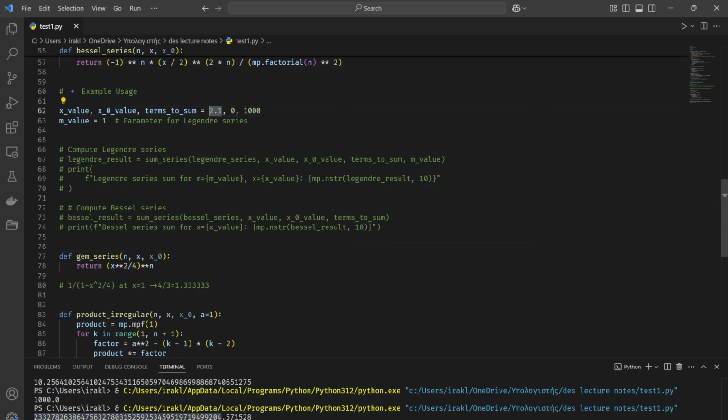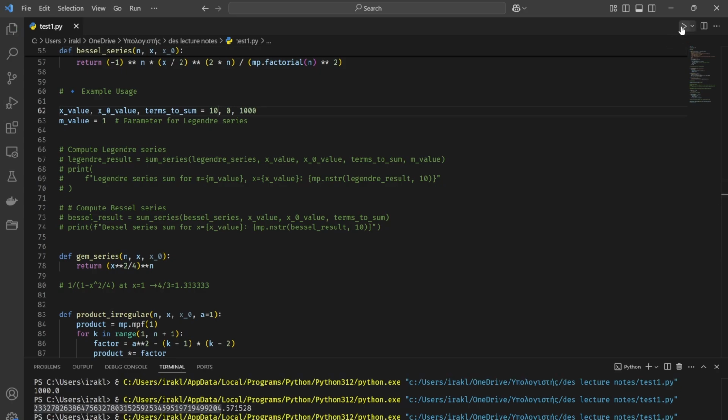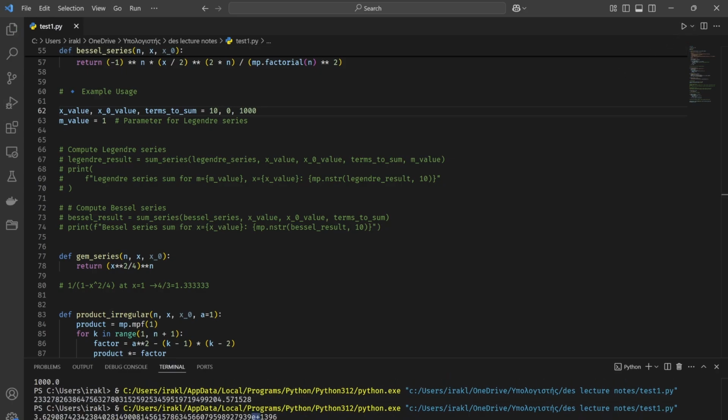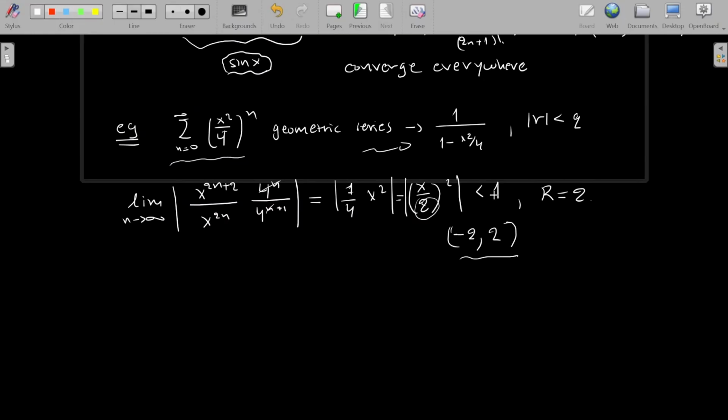And imagine going and setting this to 10. I mean, you get a number which has 1396 zeros. That's a lot of zeros, right? And of course, for minus 10, the same goes for the other end of the range. We still get infinity, or pretty close to it. So this is pretty much it. Now that we convinced ourselves that it does indeed converge for the range between minus 2 and 2, and it diverges outside of this range, now let us check a last example,